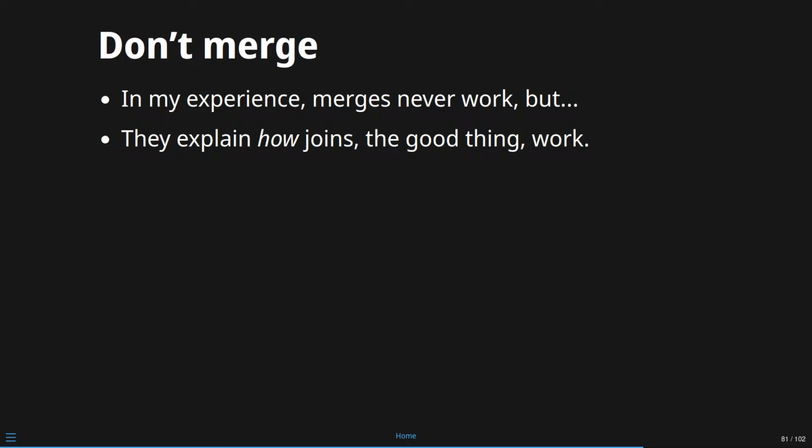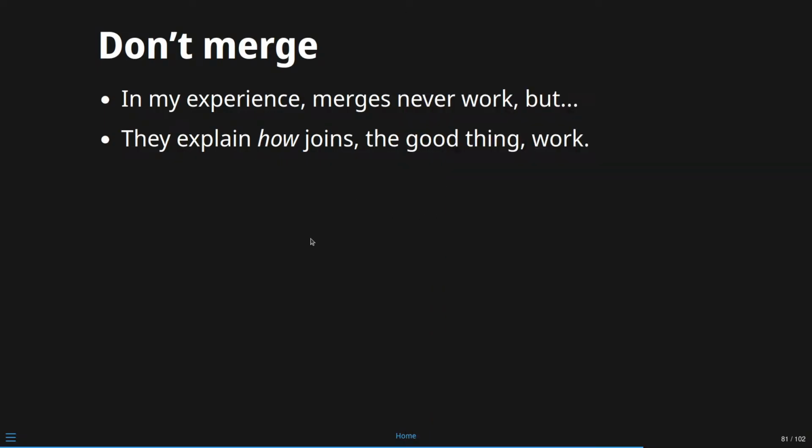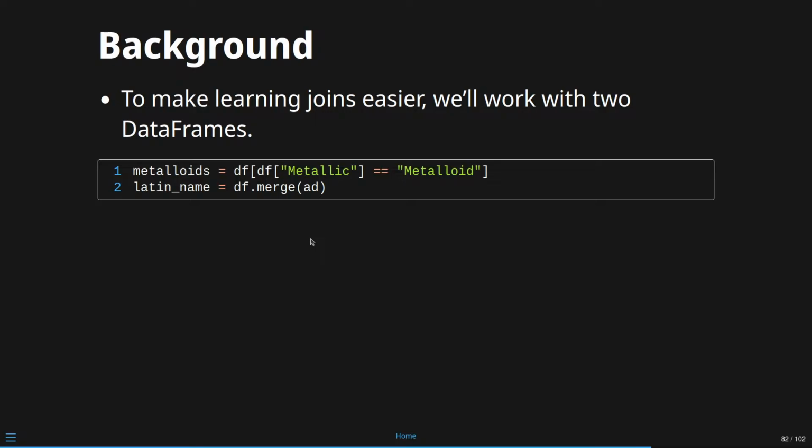In my experience, merges never work. They always do something that might be what I mean, right? But they never do what I actually mean. Like, I thought it was very clear that what I meant here was take all these Latin names and throw them in the original table, right? That's what I was thinking would happen, right? I understand why it didn't happen, right? That's not really the merge, right? But I was kind of hoping that would happen, right? So I'm going to make sure that this happens